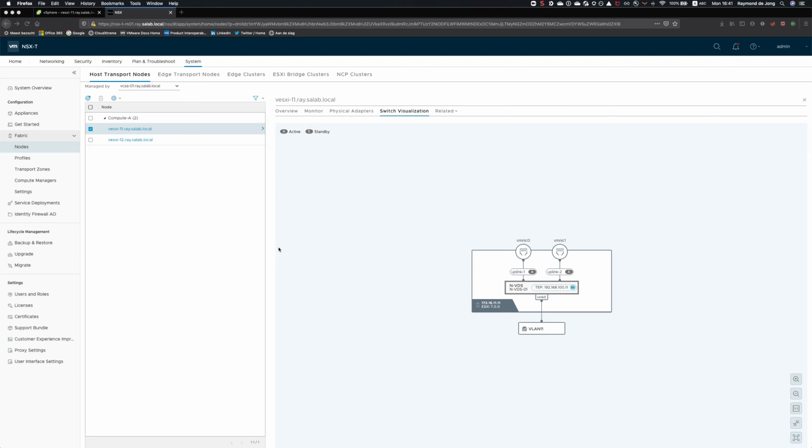Hello everyone, welcome to this new video where I am going to show how to migrate from an NSX N-VDS to the new vSphere 7 VDS with NSX installed. So in this environment I have two vSphere hosts with just two physical NICs. As you can see here in the new switch visualization view, you can see I have two uplinks with